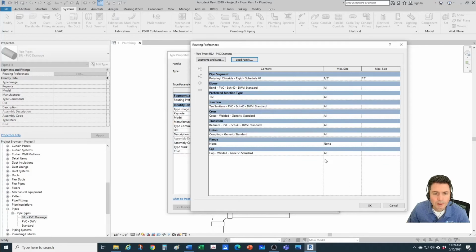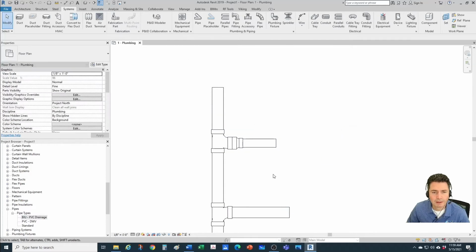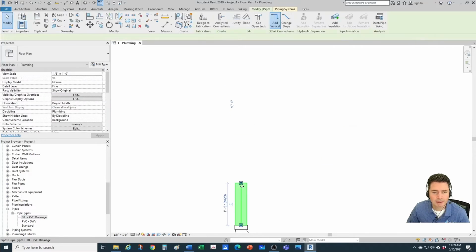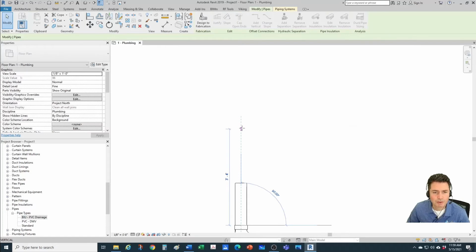There we go. Notice that we just loaded it into the project. We haven't selected it yet. So under junction, you want to drop down and get the T reducing sanitary, and let's click OK. And now let's try that little exercise again. I'm gonna just stretch this a little bit,